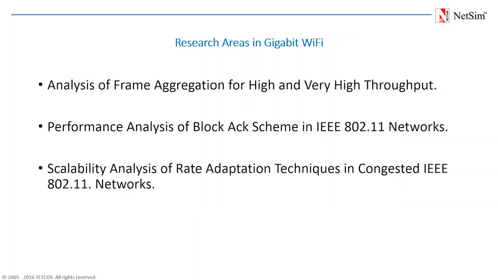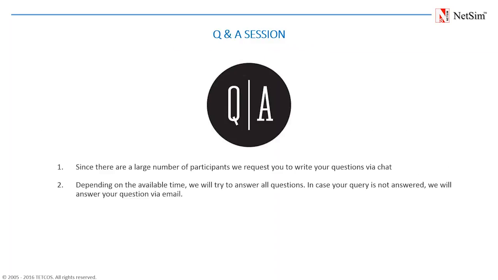So with this we come to the last slide, where we talk about some of the R&D areas in Wi-Fi. These include frame aggregation for HT and VHT, high throughput and very high throughput, performance analysis of the block ack scheme, and scalability analysis of different rate adaptation techniques in congested